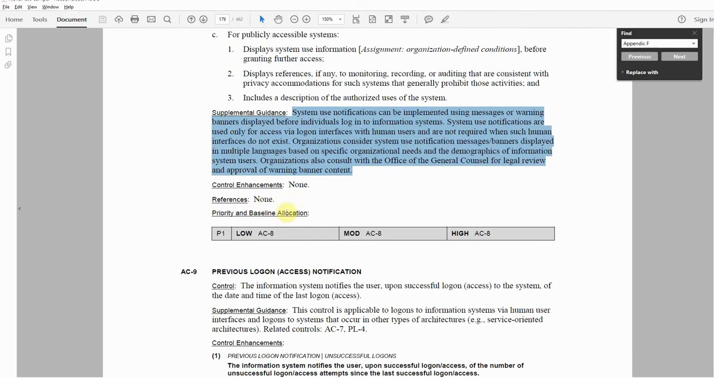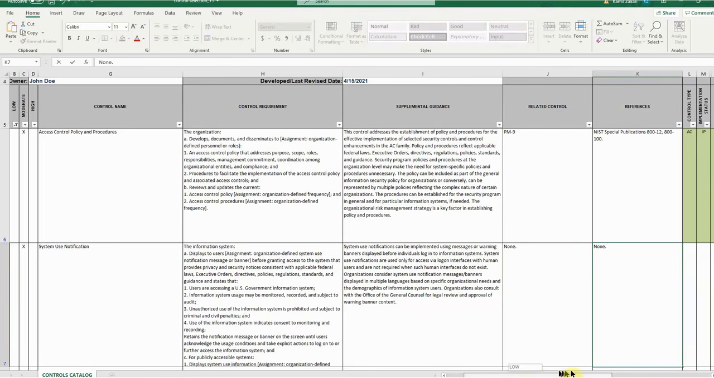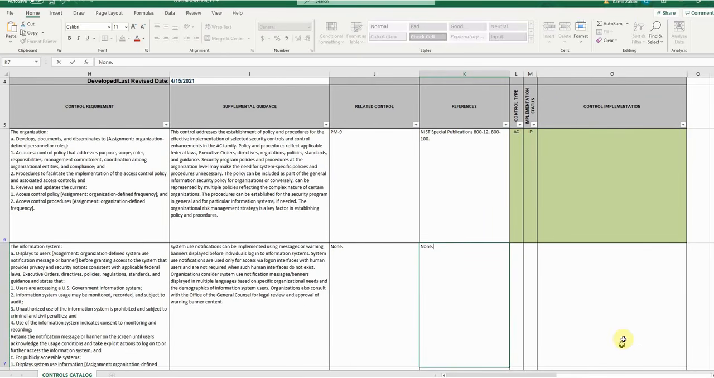And then what is the related control? You notice that this has no related control, right? And the references is none. So we're going to copy none. This is none, and this is none as well. All right, so we're going to assume that this control is in place, and the control type is going to be